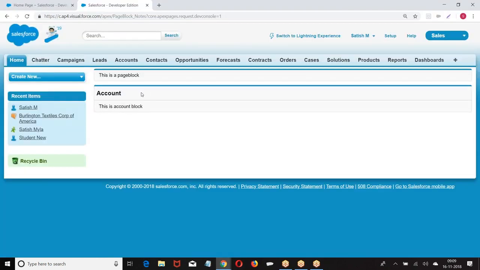This is page block with the title. Now what we are getting, when I give title, it is displayed on the header. Page block, header, body.